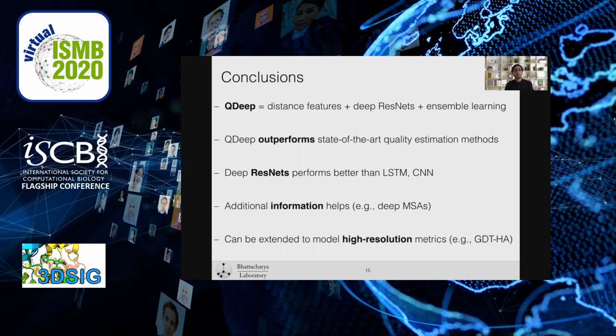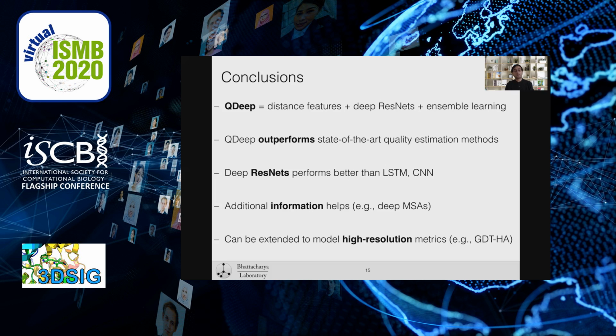The results demonstrate that QDeep outperforms state-of-the-art quality estimation methods, and head-to-head controlled experiments reveal that deep ResNet is a good choice for quality estimation performance, at least better than LSTM and CNN. Additional information such as deep multiple sequence alignment could further help improve the performance of quality estimation.